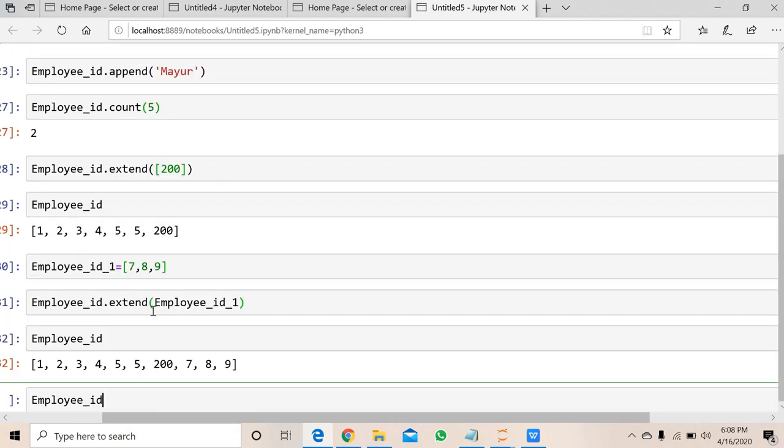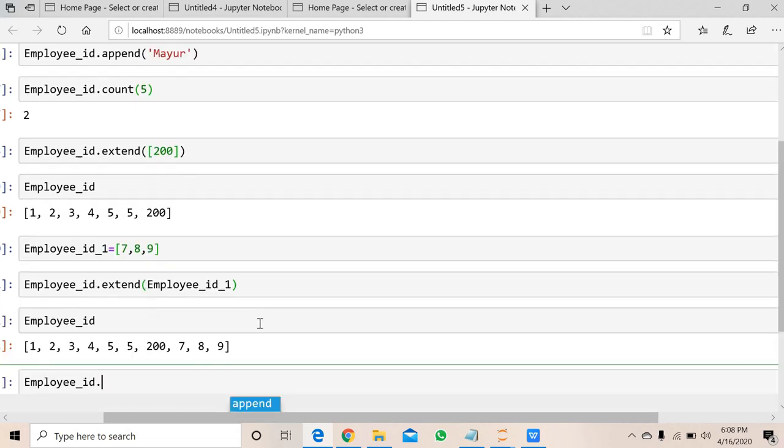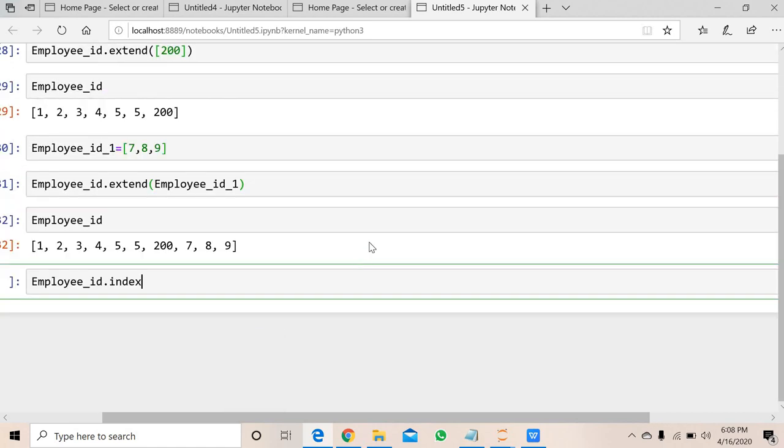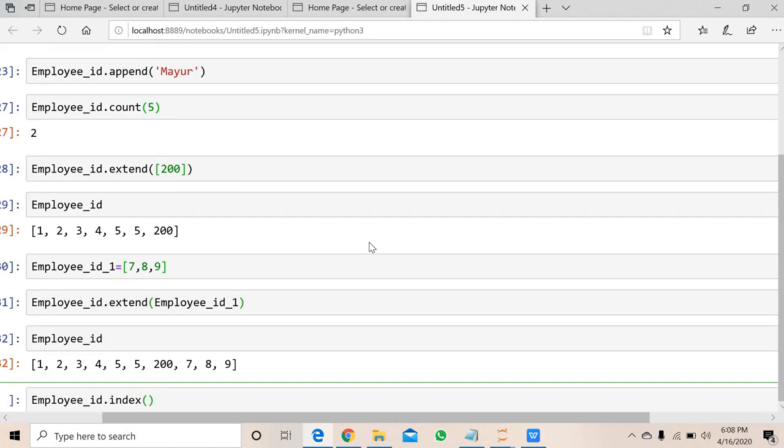Go with the other one, employee id dot tab, the index function. How does it work? We'll check this one. If you want to check the index of any integer from the list, we can check that. Remember, index starts with 0: 0, 1, 2, 3, and so on.